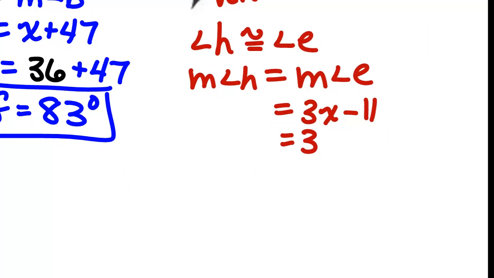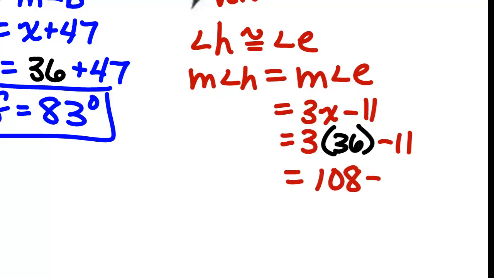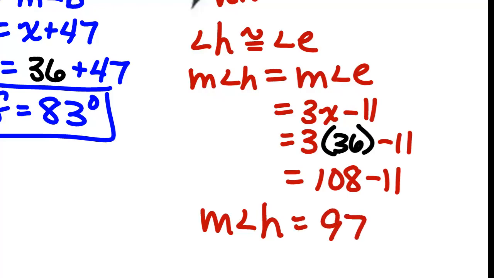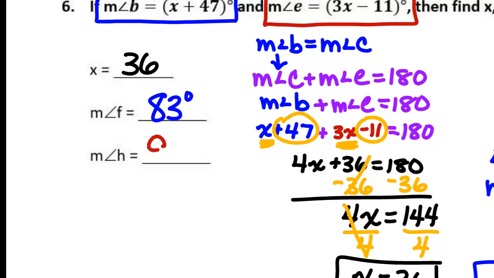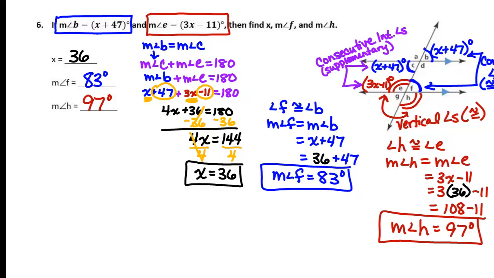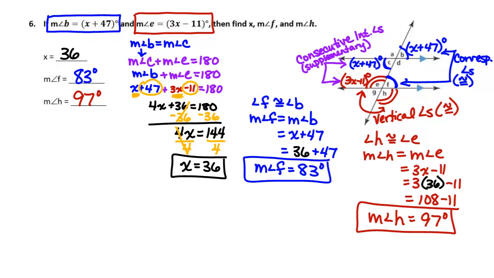We just found out that x was 36. 3 times 36 is 108. So the measurement of angle H is 97 degrees. That is not the only way you could find angles F and H, but you do have to find